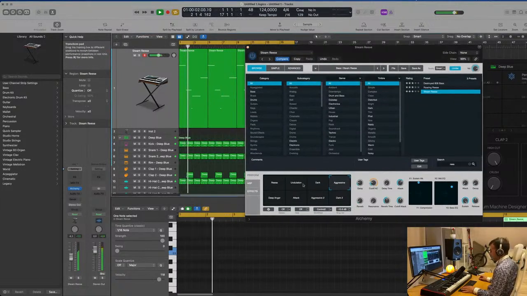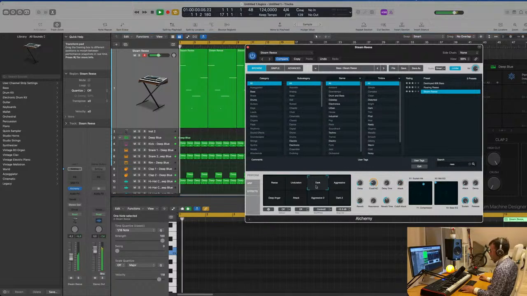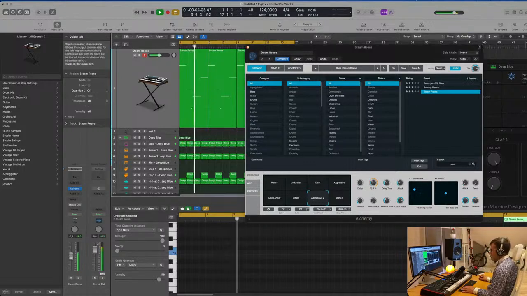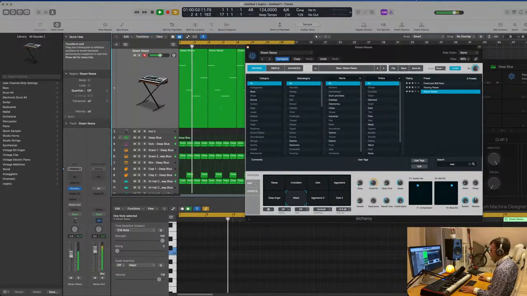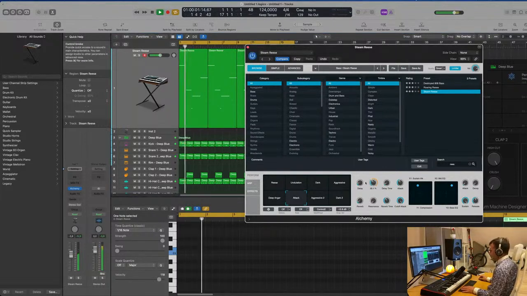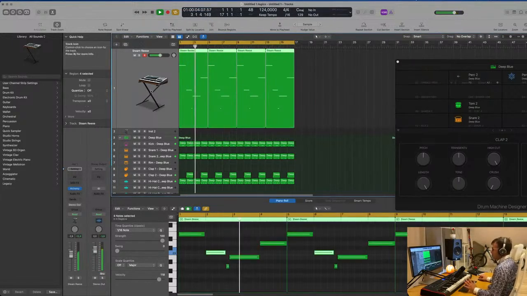It's distorted quite a bit. I think this one does it the best. Something substantial here, so